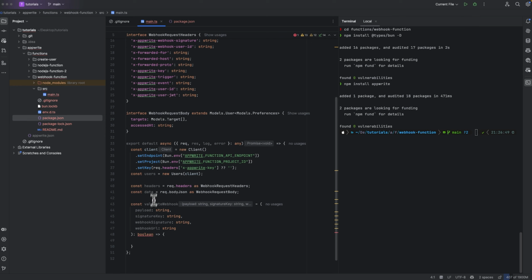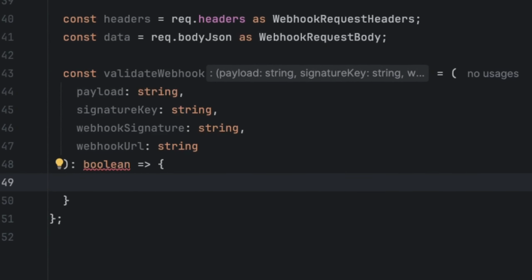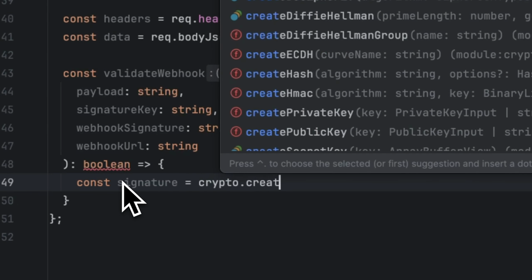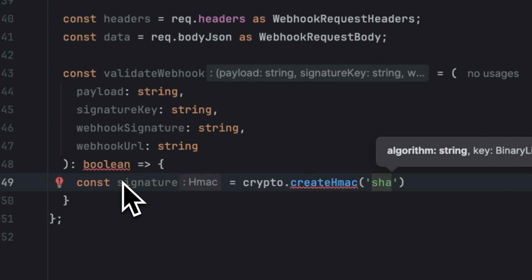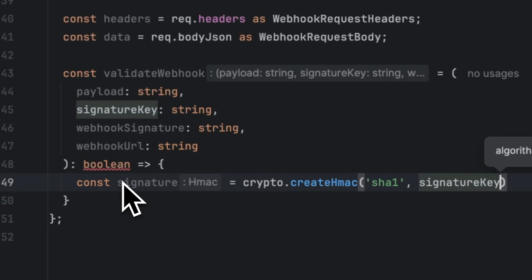And let's go back down to the validate webhook function, and let's define a constant called signature. We're just going to use the crypto library and create an HMAC algorithm encryption. It's going to be of type SHA-1 algorithm, and we're going to pass the signature key inside, as well as